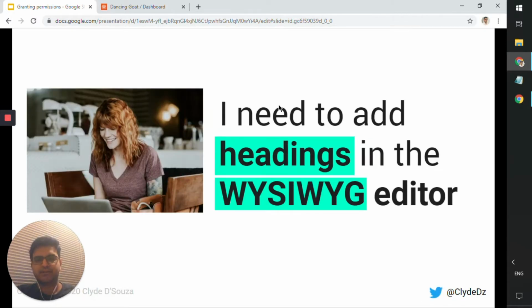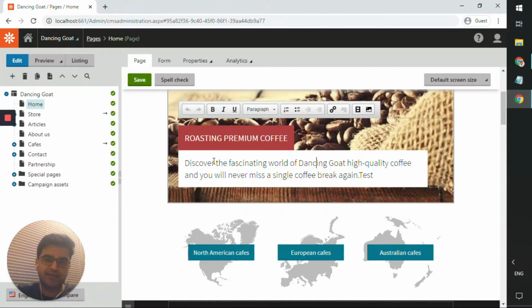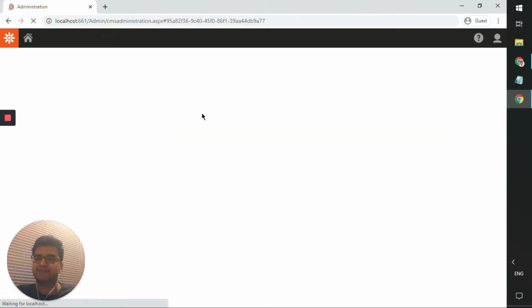So the first requirement is that the content editors need to add headings in the what you see is what you get editor, and they're not able to do so, and that's what they're requesting. And so just to demo this, what it really means is,